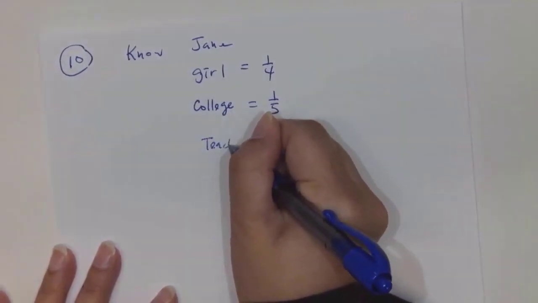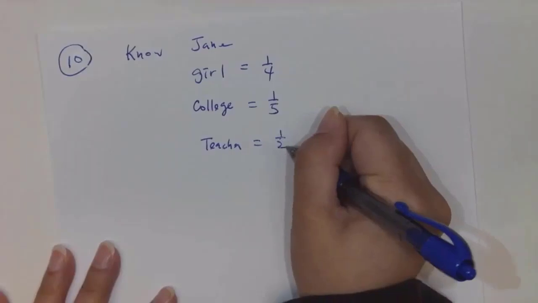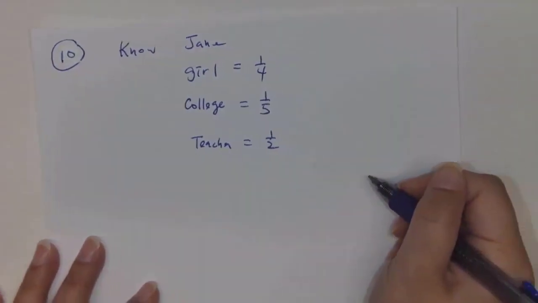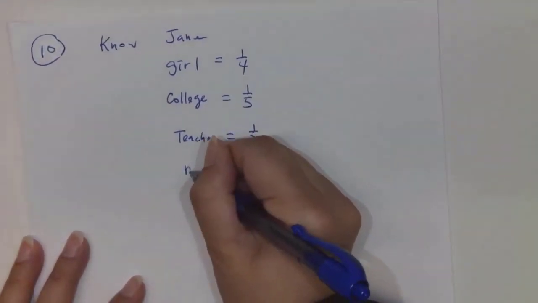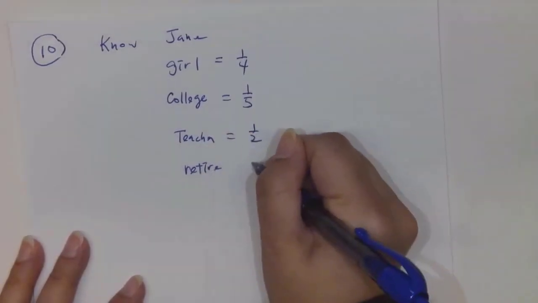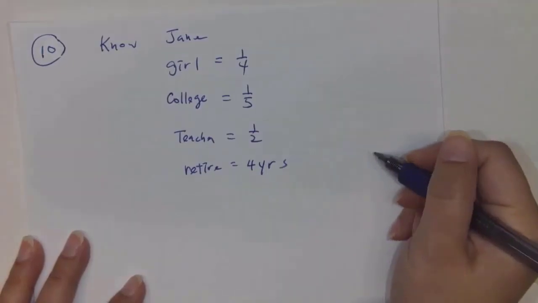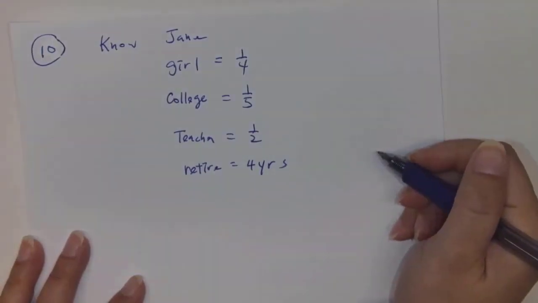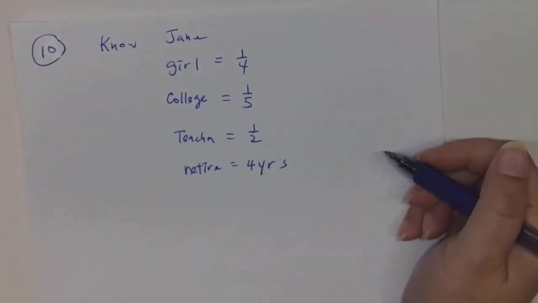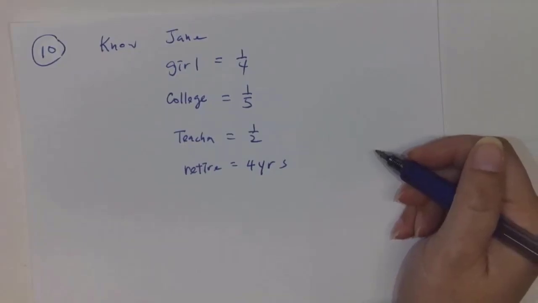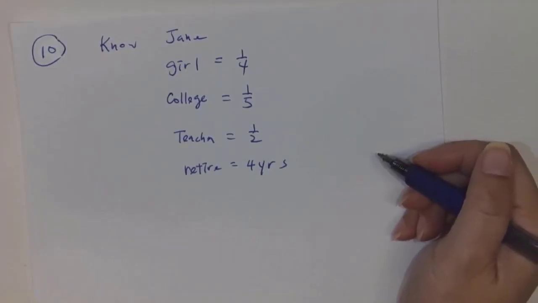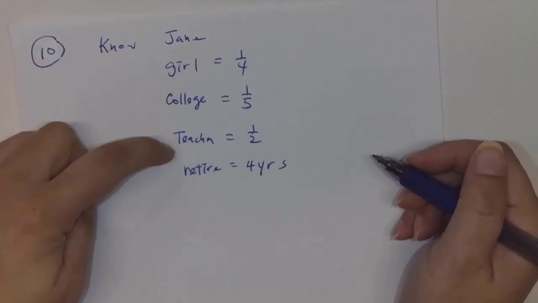She worked as a teacher for half of her life. And then she retired 4 years. And they asked, how many years did she live? Okay, that's her whole life here. All right. So similar to the last question, they have fraction, fraction, fraction, and then